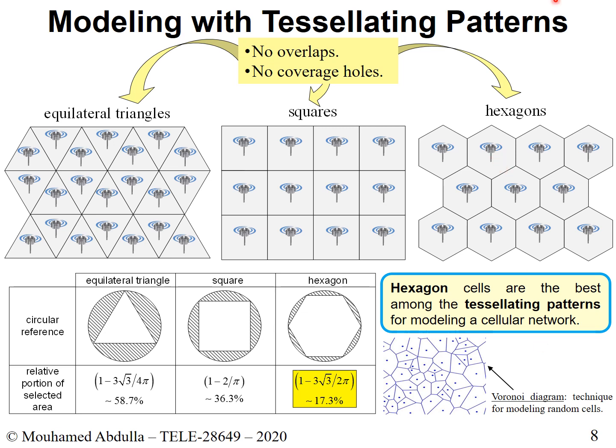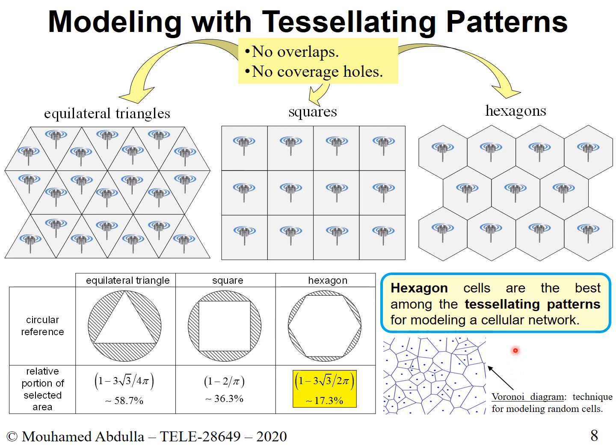For us, what we will do is we will continue with hexagon because it also simplifies some of the analysis that we want to do with the channel and with the frequency reuse. So we'll use this for the time being. I'll explain it. It is still considered, it is still used, and therefore we will continue with this. But I just wanted to bring your attention to different methods that exist.